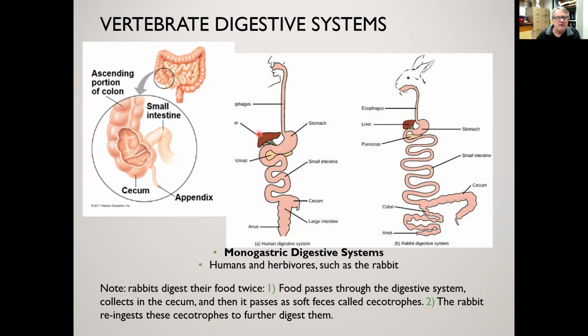Now, there are secondary organs of the liver and the gallbladder, and also down below, the pancreas, which sit right below the stomach, where the stomach enters into the small intestine, and provide digestive enzymes and also bile for digestion of fats. So everything is pretty much identical between a human digestive tract and the rabbit's digestive tract,